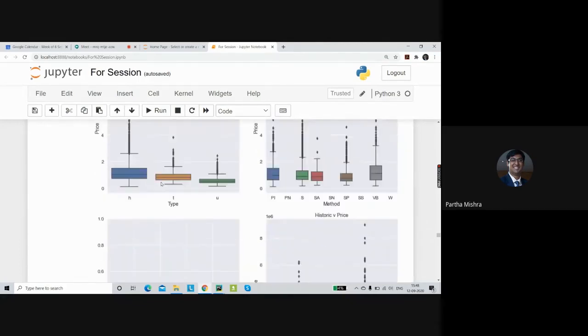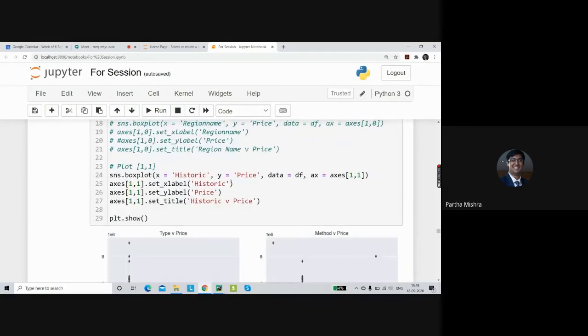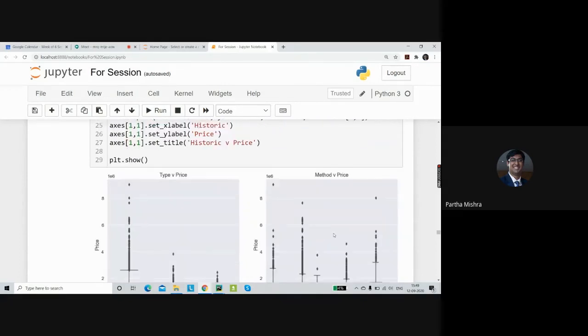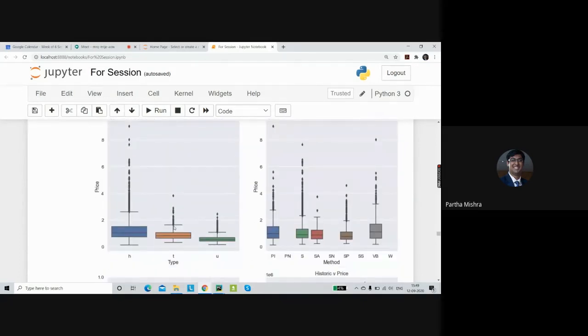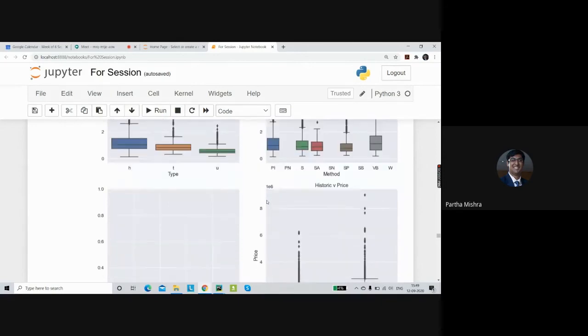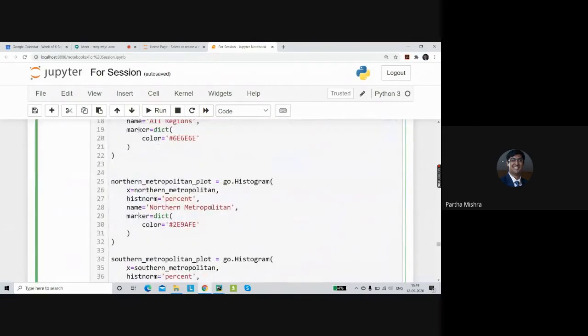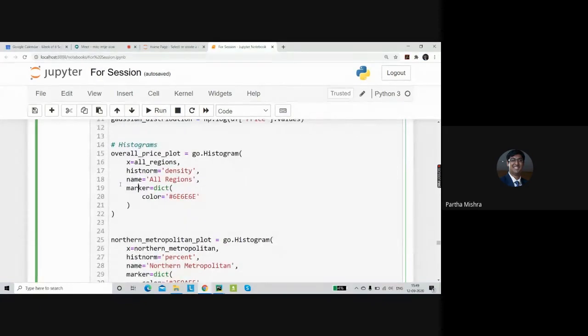Simply, it's taking in whatever data we have passed in, and it is assigning the color by itself. Okay, it has never asked us what kind of color we want. But Plotly will ask you that, it has given you an option. Even if you don't put in the marker, then by default it is going to take some kind of color. But this flexibility is there in Plotly.